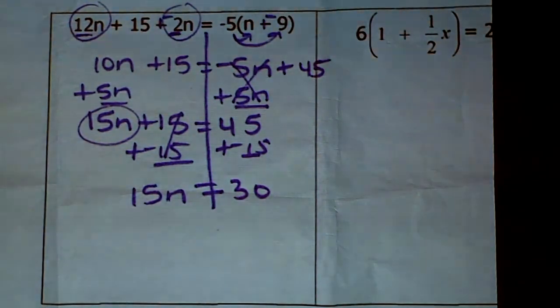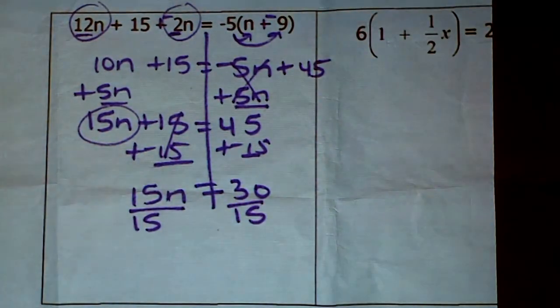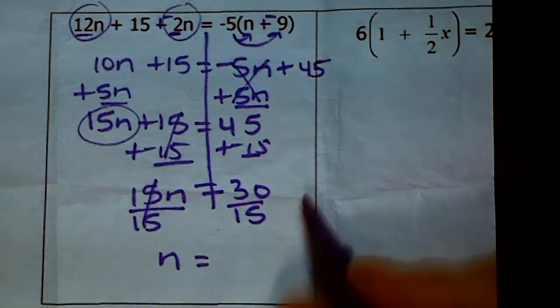Don't you like it when I make them come out to nice purty numbers for you? Alright, so I want 15 to go away. It's being multiplied by n, so I'm going to divide by it. 15 divided by 15 is 1. 1n is n. And 30 divided by 15 is